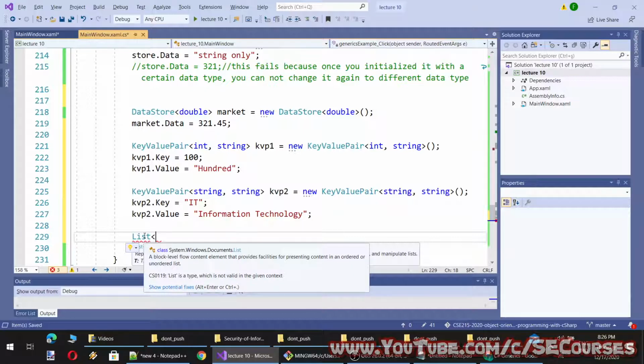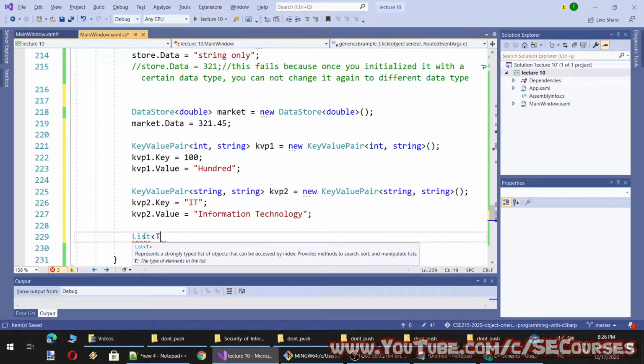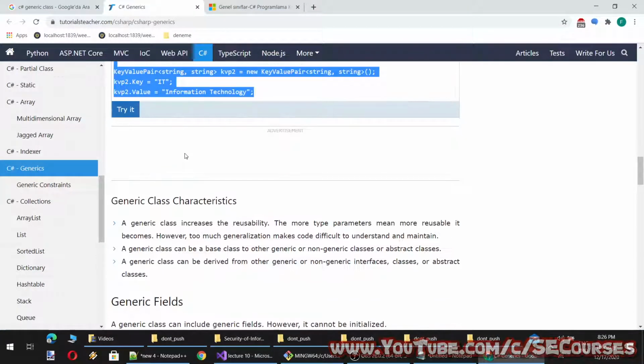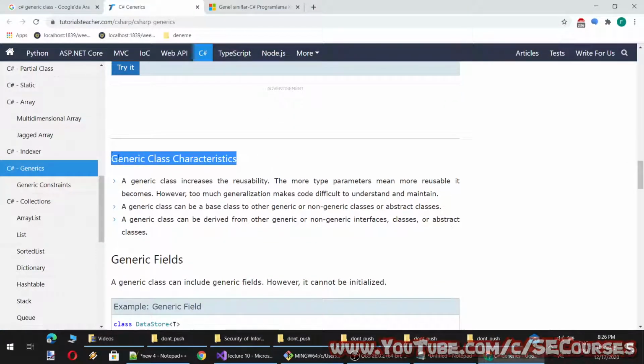However, when we define it, we always use a specific data type. So I cannot define something like this. This doesn't work. I have to use a real data type, and we have seen the real data types in C#.